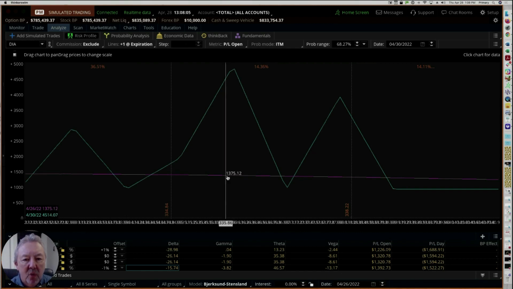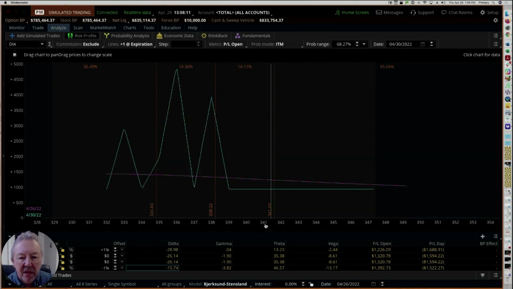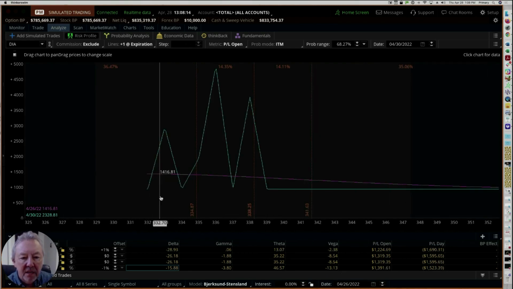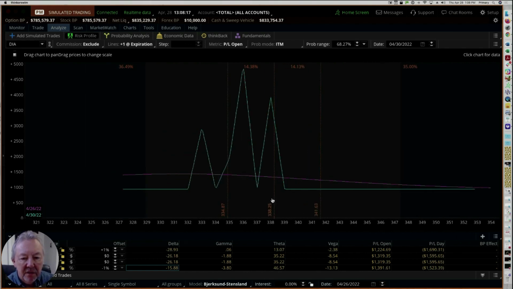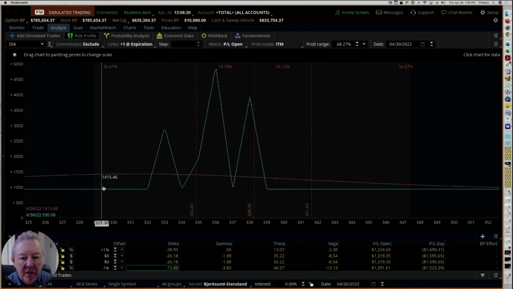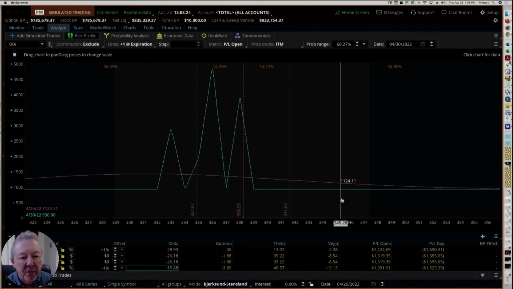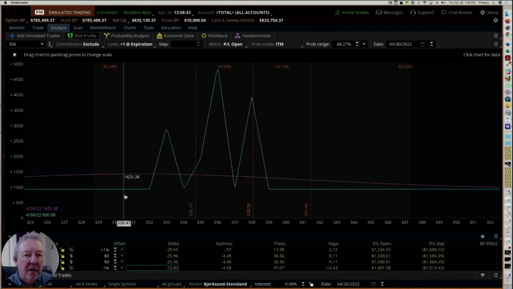So for example, this one particular position, I can't lose money on. Let me squeeze this out a little bit here so you can see the wings on both sides of these. And there it is. It's a little slow in rendering. There we go. So on the wing side, I have a built-in profit of $930 on either side, on the right side, on the left side. If it fails to settle, this is on the diamonds, if it fails to settle between 332 and 338, I still make money. So on the wing side, on a typical butterfly, you're going to lose a little bit of money. On this one, I'm actually making $930 on the position.